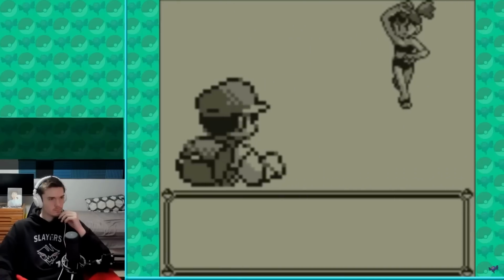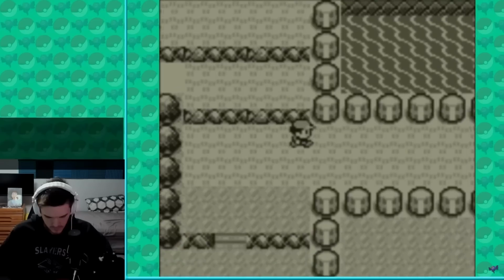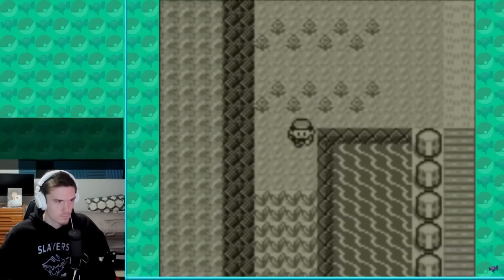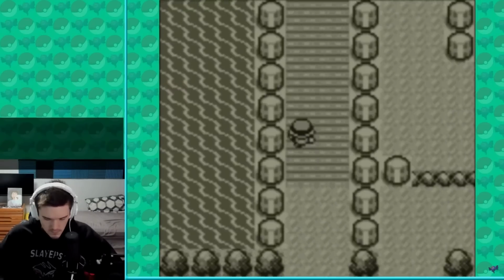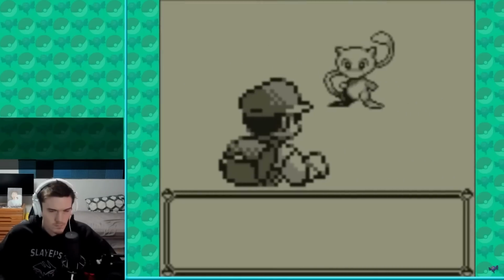And you can get Mew quite early into the game before even battling the second gym. Step 1, get to Cerulean City. Step 2, catch an Abra. Step 3, walk in front of this guy and frame perfectly press start and teleport away. Step 4, battle one of these trainers. Step 5, go back to the start of the route that this guy was on, and bam, you've encountered a